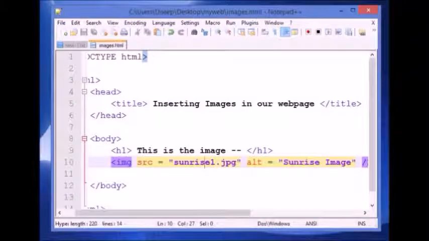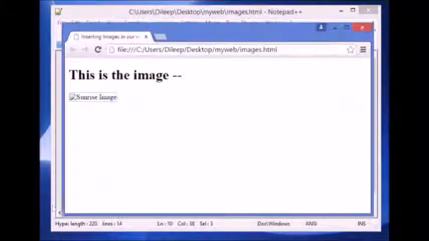Okay, so this alt attribute is useful when the image is not found. So the user of your web page can see that, yes, of course there would be some image related to sunrise, or some sunrise image which is not displayed by the browser due to maybe some reasons. Okay,